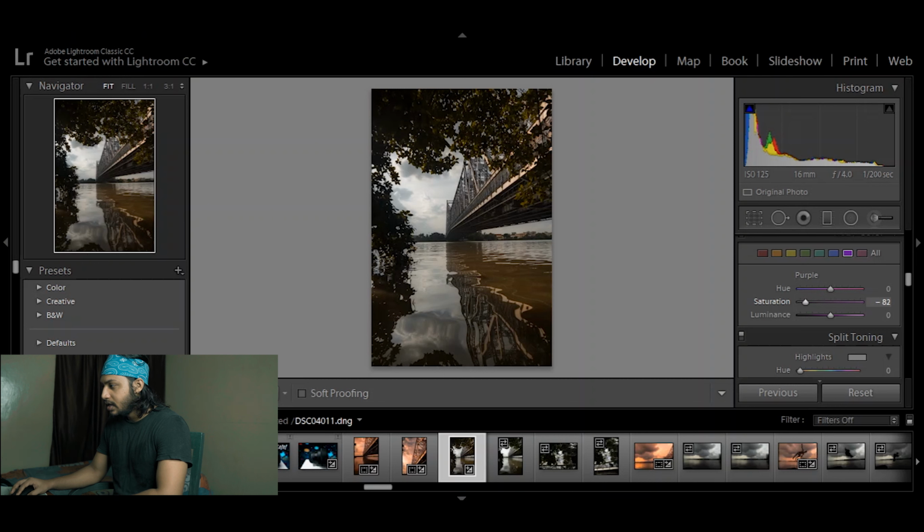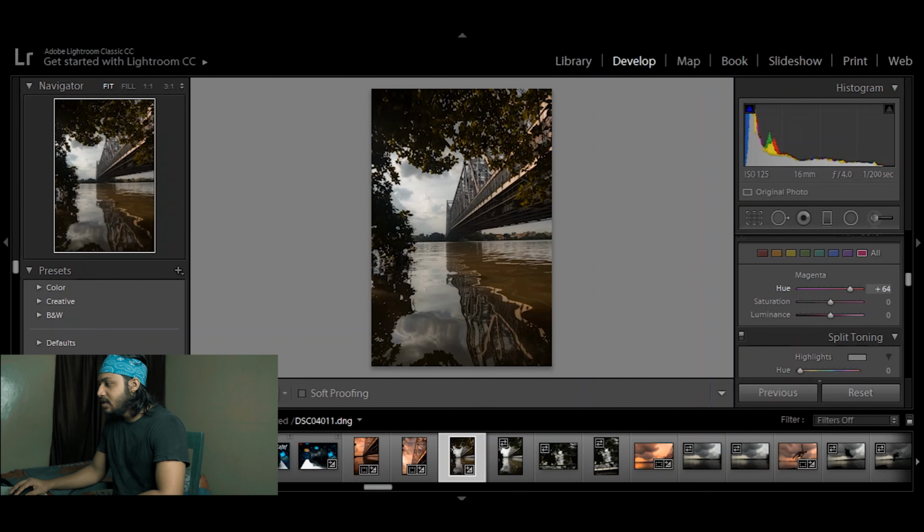So I'm going to decrease the purple also, set it towards 100 and keep it at -20. I'm just playing with this parameter so that I can achieve that look. There are no fixed defined numbers. So as you edit your photos, you can see accordingly. As I told you, I have put the preset, you can get that also.